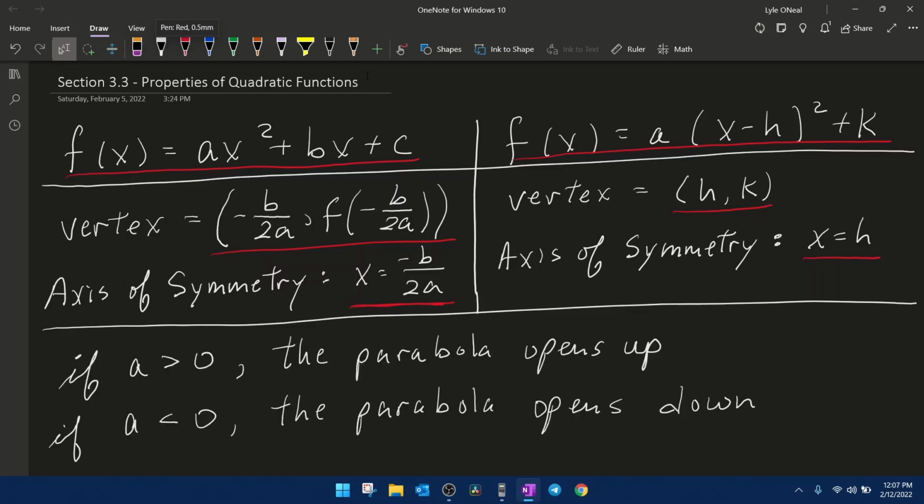And one other characteristic that I need to re-emphasize and make sure you understand is that if a is greater than 0, that means if your coefficient of x² in standard form is positive, or the value of a over here in vertex form, if that value is positive, then your parabola will open up. It's going to make a U shape opening up. If a is less than 0, in other words, if a is negative, then your parabola will open down, like